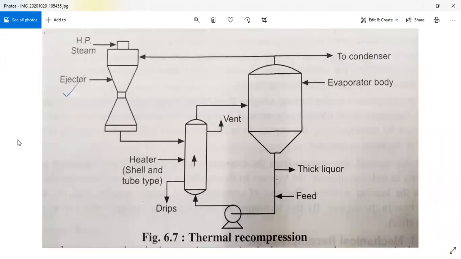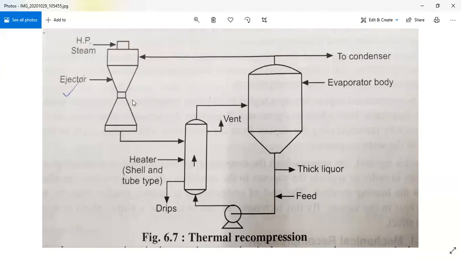So in the thermal recompression system, the compressor is replaced by the steam ejector. So from this diagram, you can observe the remaining things are the same. That is, this is the feeding arrangement with the help of a centrifugal pump. This is a vertical element that is called a shell and tube heat exchanger. And after heating this feed or thin liquor, the thin liquor is fed to the evaporator. Whatever vapors are generated from this evaporator body are going to increase in temperature with the help of this